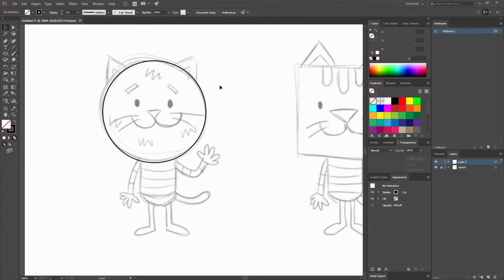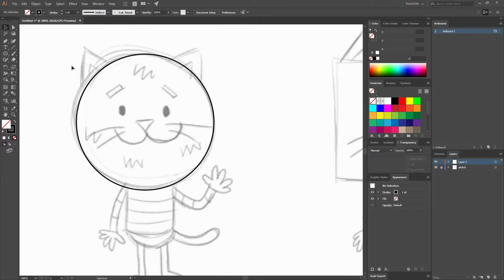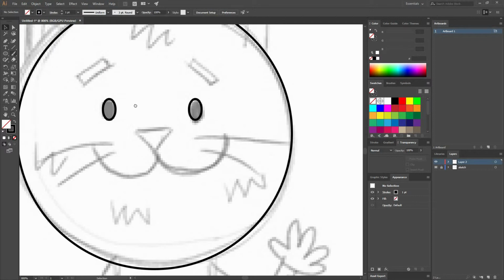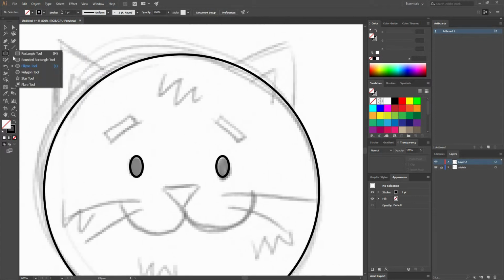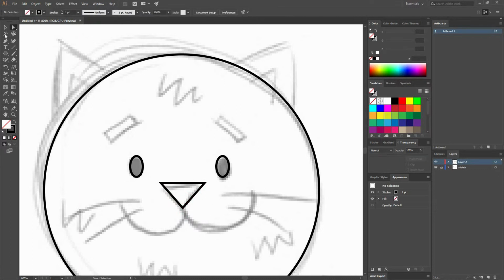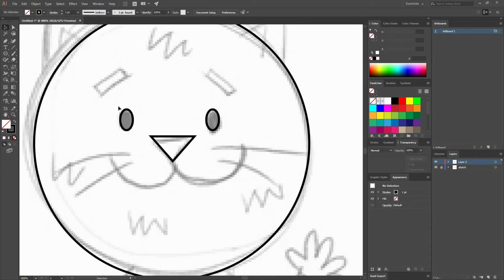So we're going to move that one a little bit there, and we're going to keep working. Again, little ellipses for the eyes. While dragging, press Alt and Shift so you make a copy. And let's keep working on that. Now for the nose, I'm going to use a polygon, and you can use the up and down arrow keys to select the number of sides. So I'm going to go down until I get 3, and just scale it a little bit. I could use my direct selection tool to move one of the anchor points. I think that works fine.